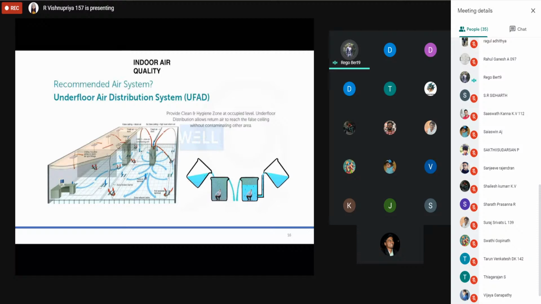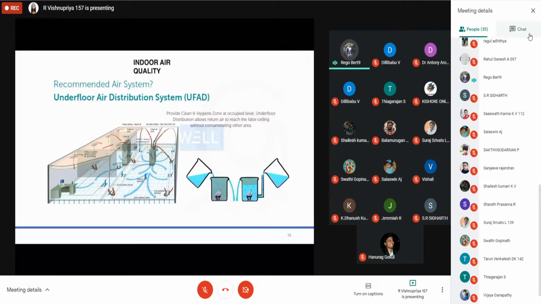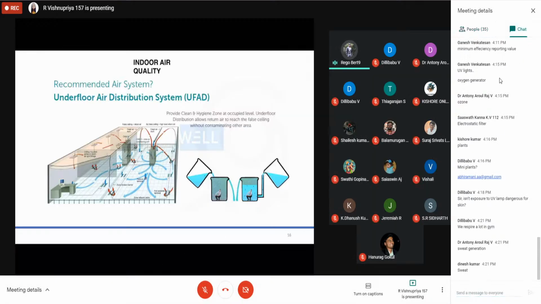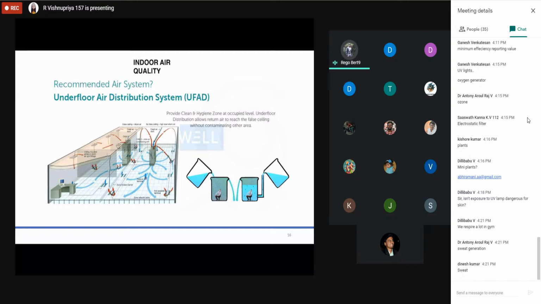But if I supply the duct from the top, and again have a return from the top, just imagine there will be turbulence. It's going to circle in this space, hit the top again, and the return dust is going to come down. So there will be a turbulent effect which is going to mix that contamination within this space.